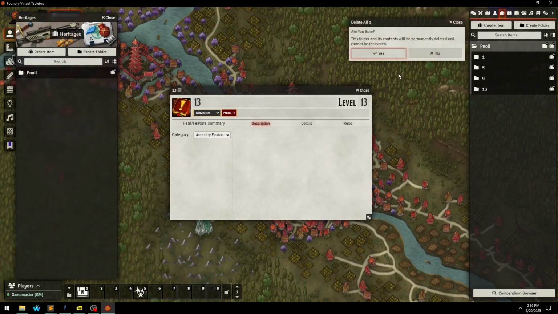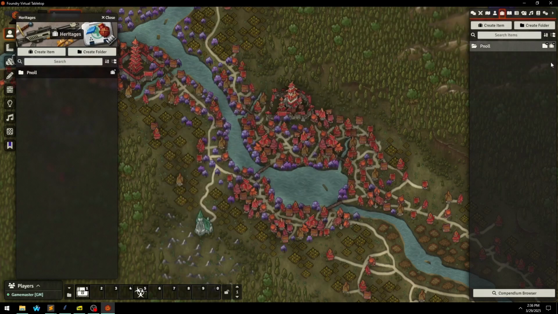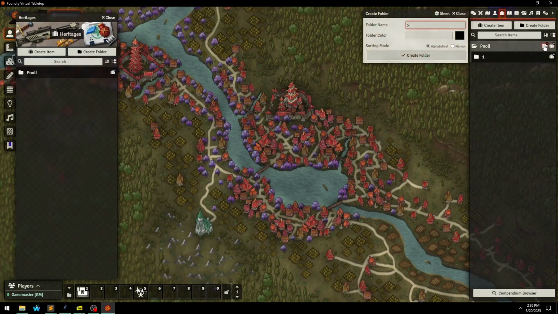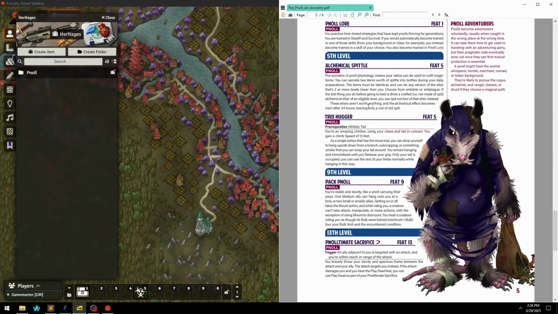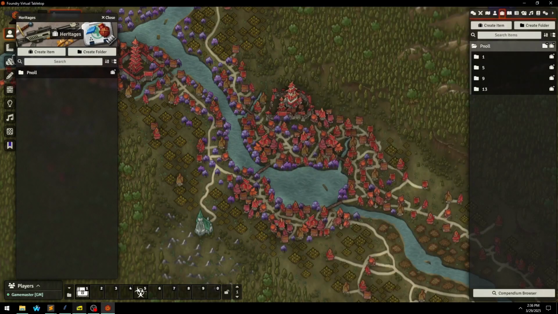I want to show you what I do for Paizo rulebooks. And this is, I want to reiterate, very, very janky. So you don't have to do this, but this is an example of how to go very quickly when you have a lot of feats that you're working with. Okay, so I now have my things. I am going to Control-A, Control-C,